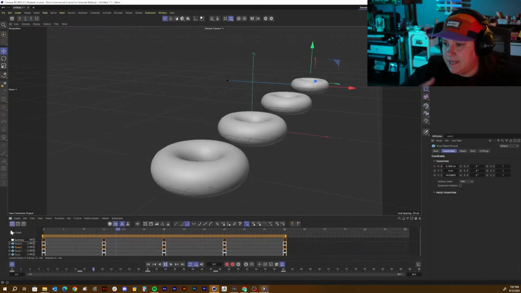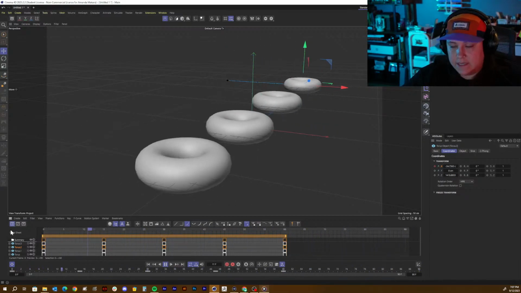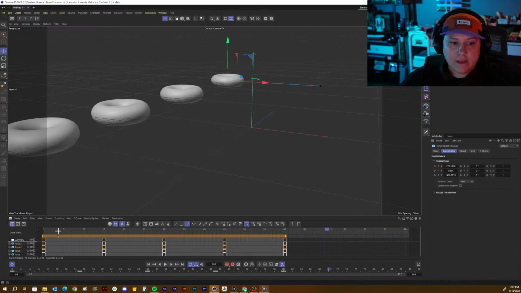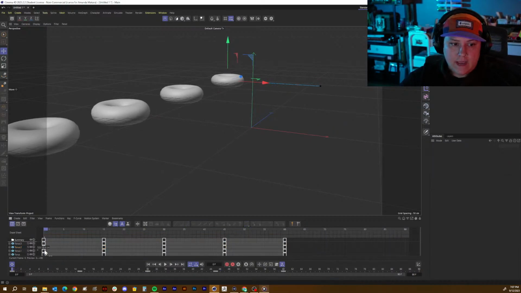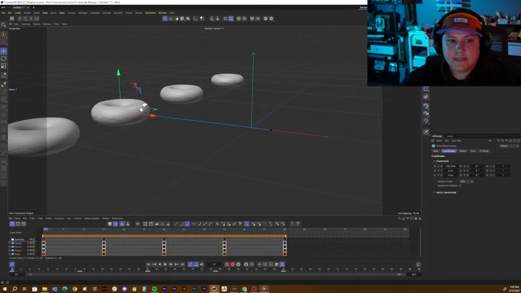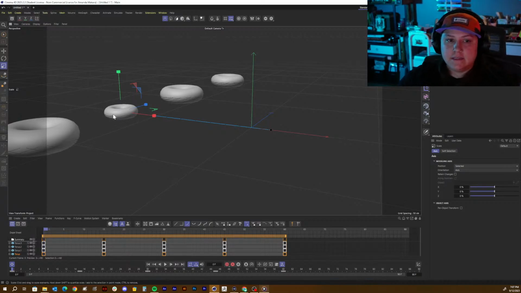Now there's a difference here, and we're going to talk more about this whenever we get to the lesson, either today or on Thursday. But these are actual duplications, right? So if I grab this first torus that I created, or this one, right there, and I wanted to scale it smaller, let's do it like this. It's just going to scale that one object because these are duplicates, so they have their own values and stuff. If these were instances, which I think